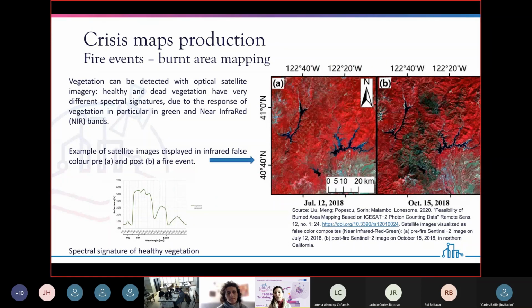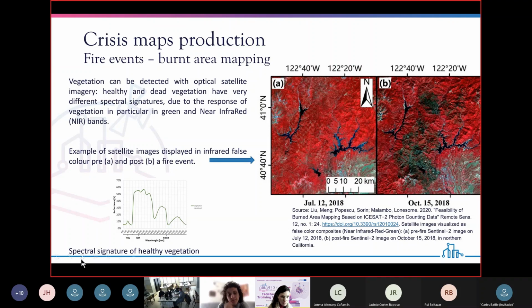If the vegetation is dead or dying, let's say not healthy anymore due to a fire, we can see that the response of the vegetation to green is lower, but the response to near infrared is even lower. Here you see an example of pre